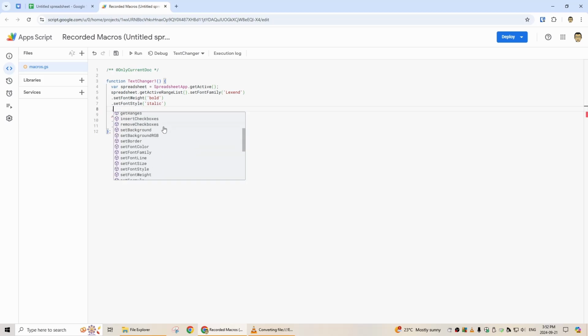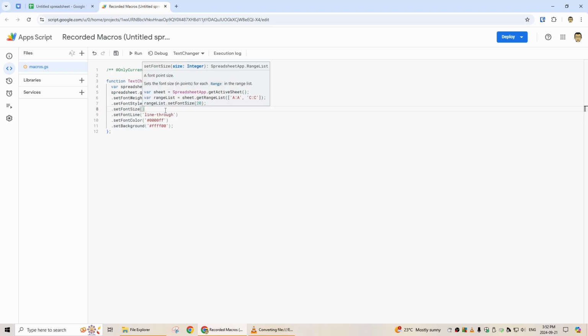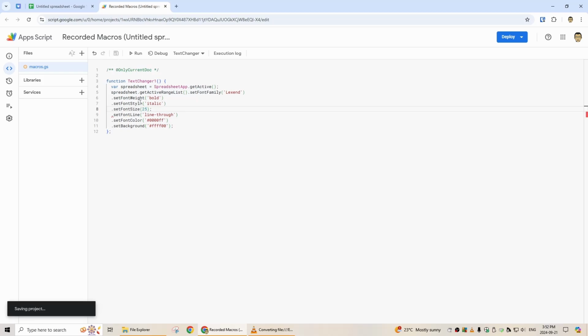This dot brings up methods. So these are all the different things that you can do with this selected text. You can rotate it if you want, whatever you want to do. I want to change the font size. Okay, bracket, and you can even see it's like, hey, this is how you use it. So I'm going to put in a number. I'm going to go with 25. So now when I run this script, I'm going to save it. Now when I run this,